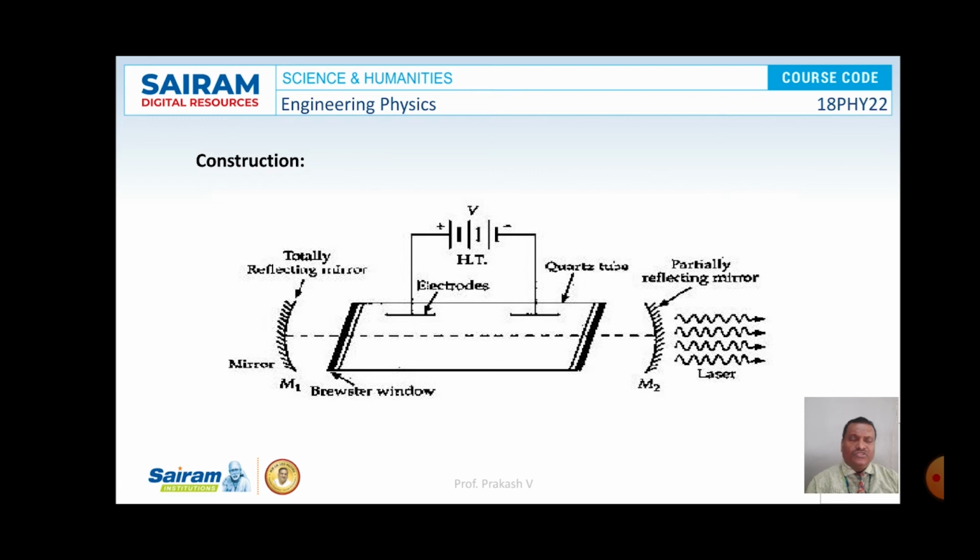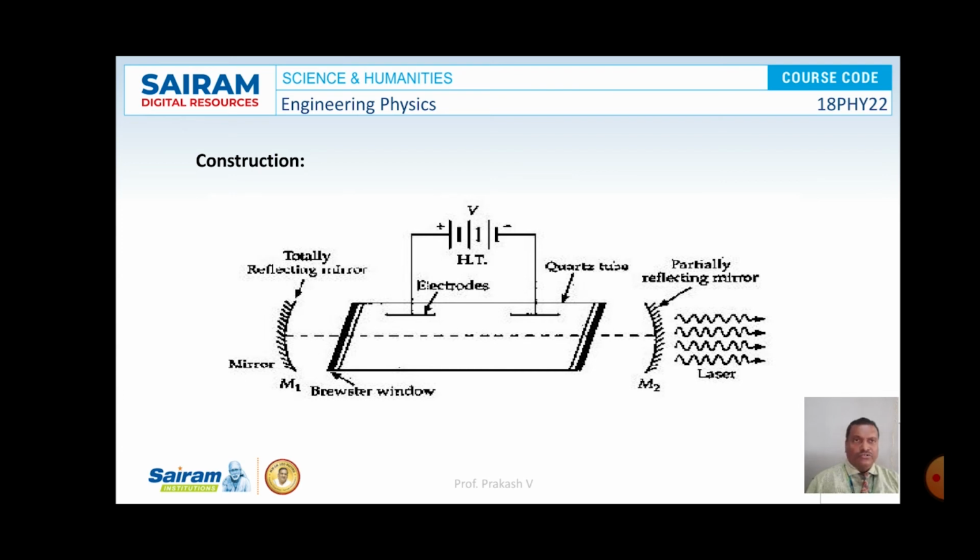And when we look at the construction of CO2 laser, it consists of a quartz discharge tube of about 5 cm length and 2.5 cm diameter. The discharge tube is filled with gaseous mixtures of CO2, helium and nitrogen at suitable partial pressures. The terminals of the discharge tube are connected to a DC power supply. The ends of the discharge tube are fitted with NaCl Brewster windows so that the light generated would be polarized. So this is the construction.